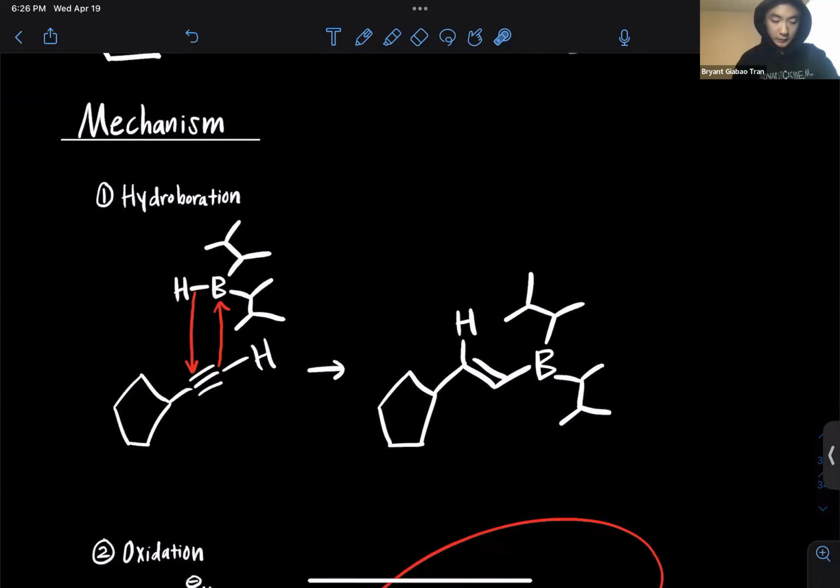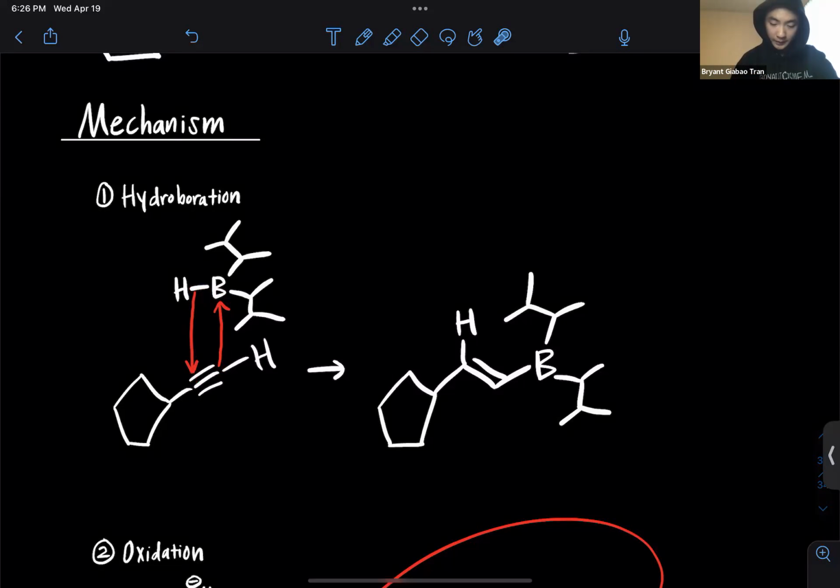The first step of this reaction is hydroboration, where the R group Cia is this over here. This is the boron, this is the hydrogen. Since this is an anti-Markovnikov reaction, the less substituted side of the alkyne, which is this carbon here, will attack the boron, and the boron will be attacked because think of a boron as an electrophile having a positive charge since it has an empty p orbital. So since it has an empty p orbital, the nucleophilic alkyne, the less substituted side of it, will attack the boron, and this bond between boron and hydrogen will break, and the hydrogen will attack the other side, the more